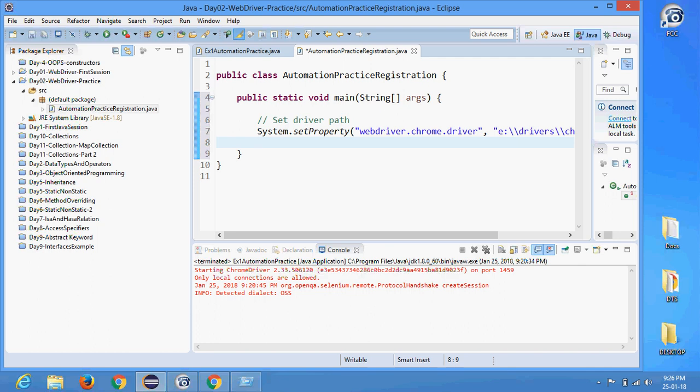Okay, go to the next line. Now it is time to launch the browser. Launch the browser means create the instance of a ChromeDriver object, the ChromeDriver class. So I'm going to create an object of ChromeDriver. I will refer to that object as WebDriver, because WebDriver is the parent, the interface which is implemented by ChromeDriver. So WebDriver driver equal to new